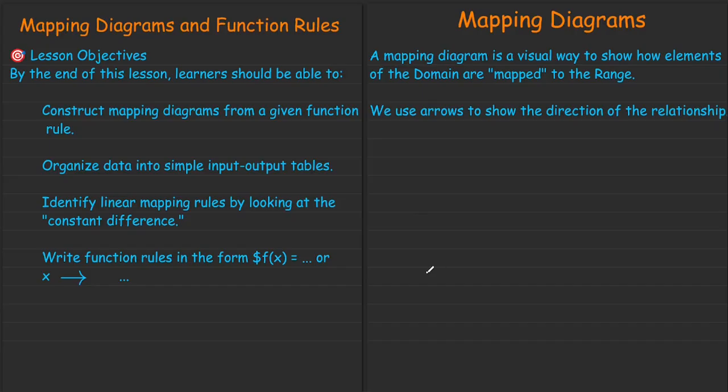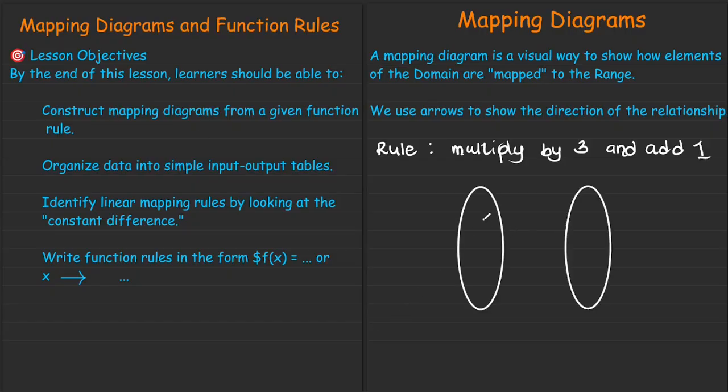So when we talk of mapping diagrams, a mapping diagram is simply a visual way to show how elements of the domain are mapped to the range. Most of the time we use arrows to show the direction of the relationship. So let's say we have a rule that says multiply by 3 and then add 1. If we want to use arrows, that is the mapping diagram. Then if our domain is, let's say, 1, 2, and then 3,